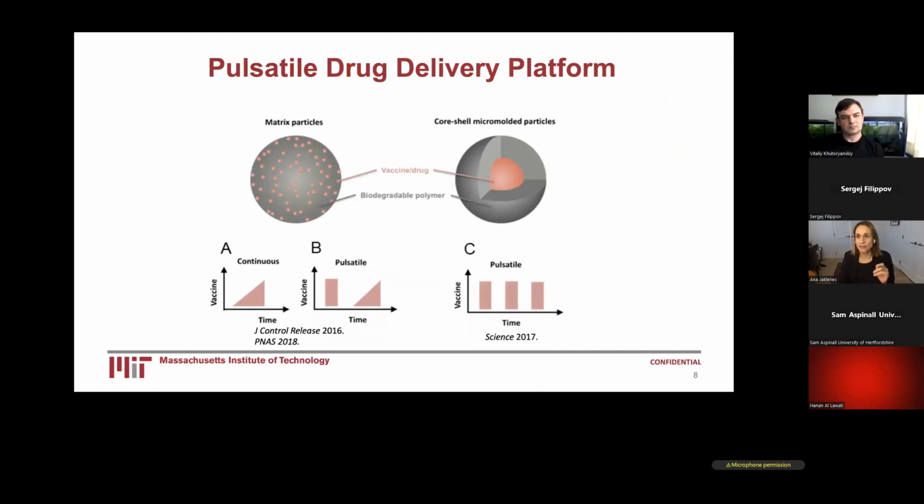And the really fundamental hypothesis is how we could leverage polymer drug delivery to create something that would allow us to deliver these types of kinetics in vivo. For those of you that are familiar with drug delivery, most of the drug delivery of biologics is based on a matrix type system, where a polymer, in this case in gray, a biodegradable polymer, PLGA, is what we use here. But if you think about it, the drug or biologic, which is this pink color, is distributed throughout the particle. And this has been shown by us and by many others over the last 34 years, that if you